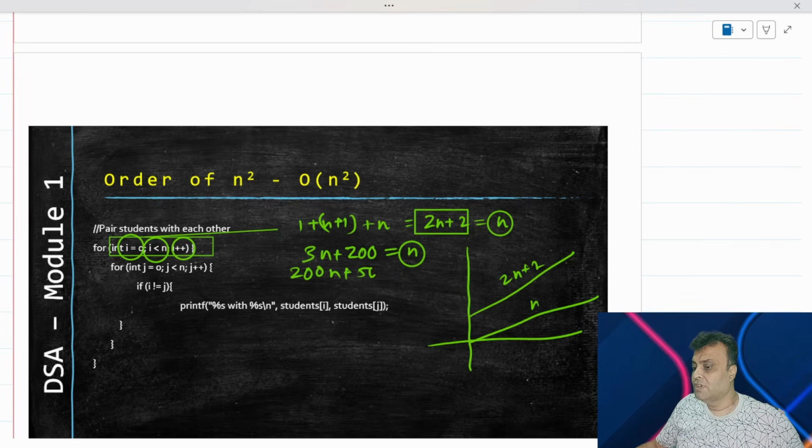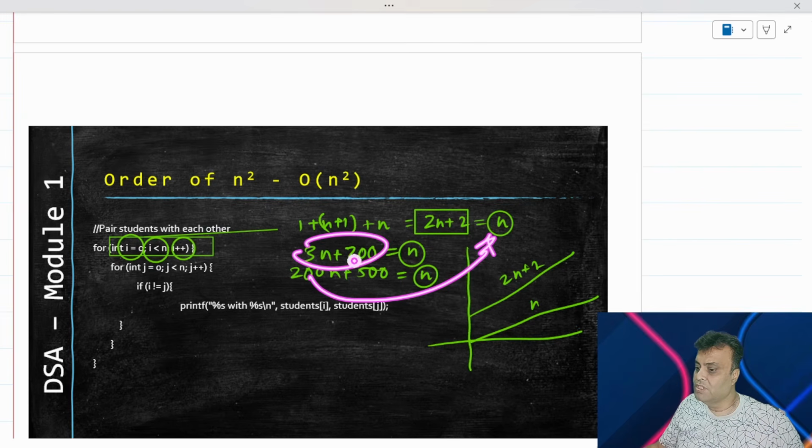200n plus 5000 is also an order of n. All of these can be translated into an order of n kind of a graph because they change with the number of inputs. The slopes here have no significance, because that depends on the performance of the machine. If the performance of the machine increases or decreases, these slopes might become unity, and hence it will go towards becoming n. All of these will go towards becoming n depending on the machine.